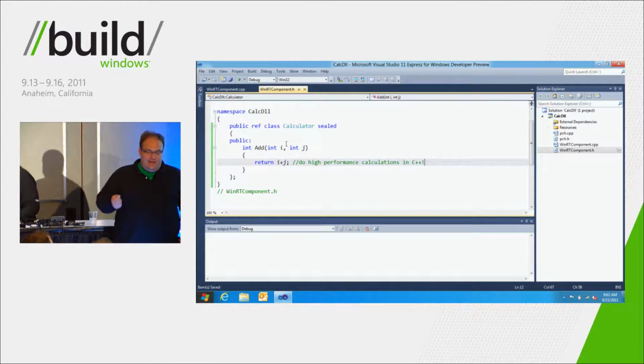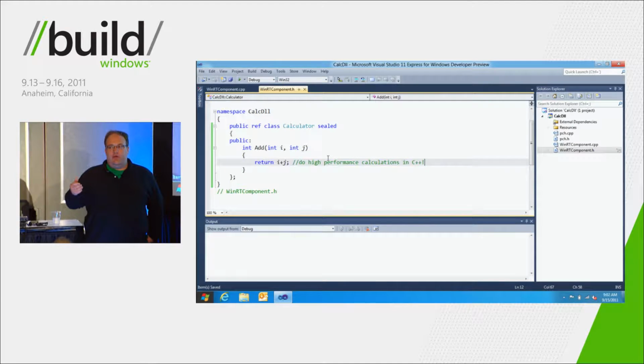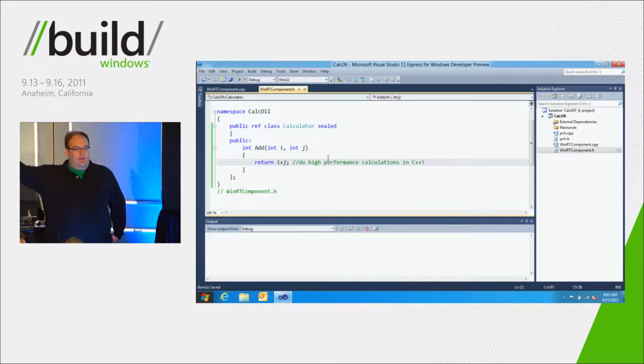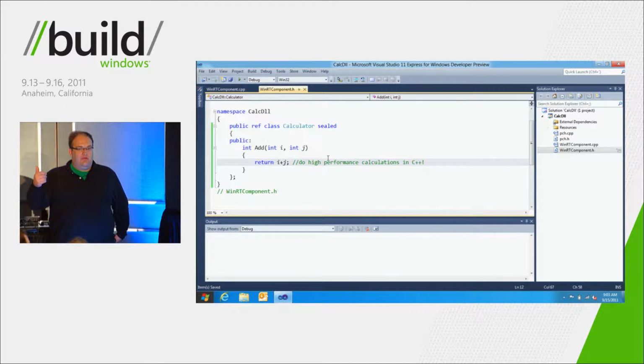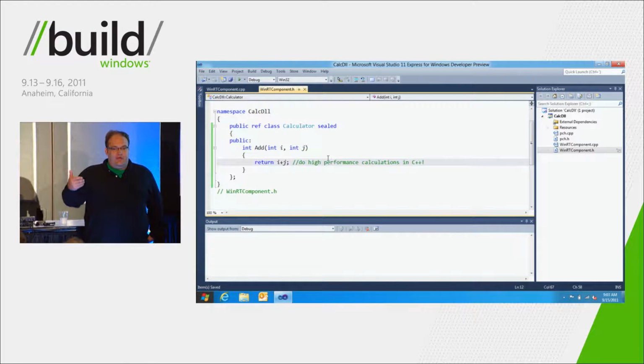Okay. So just look at the beauty of what Andy just did here. If you're familiar with COM, you'd know that in order to create a COM component, you have to create an interface. You have to specify you're deriving from IUnknown and potentially other interfaces you're deriving from. You have to go and put this in a MIDL file, compile this to a header file, then go to a C++ component,